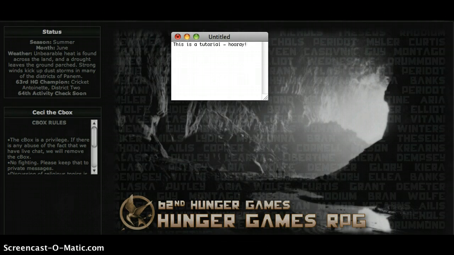I'm starting with the very basics of the combat system, just because it's easy and it's a good starting place, because if you don't know how to kill people, you will die, because it's the Hunger Games. You'll probably die anyway, but killing people helps with the not dying part. Anyhow, combat.